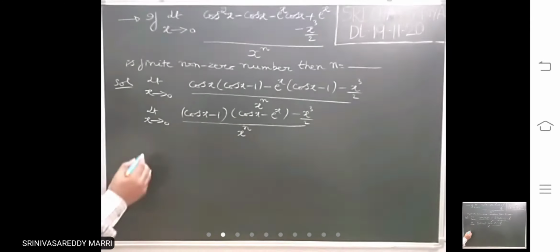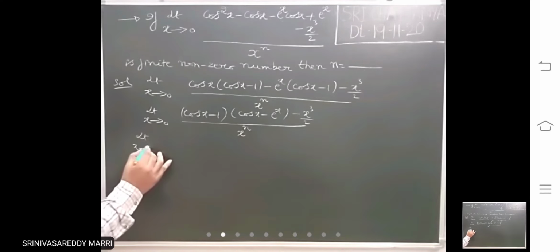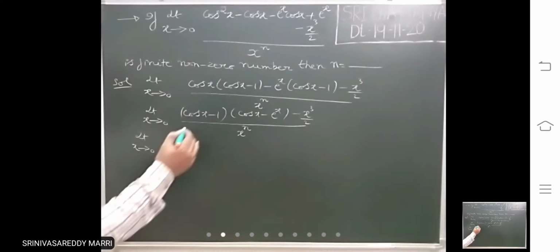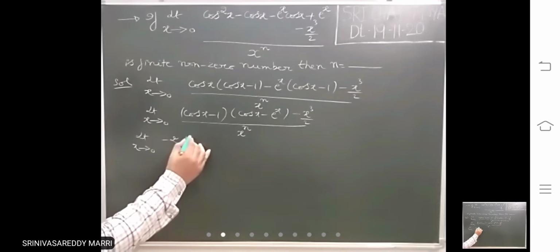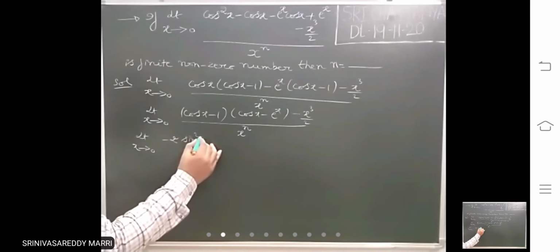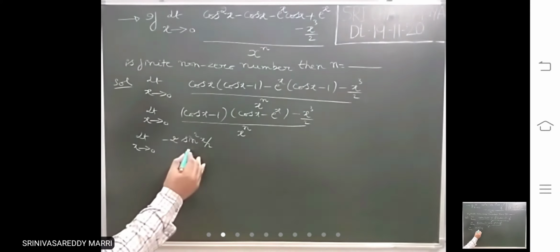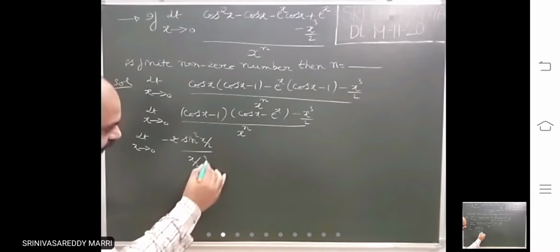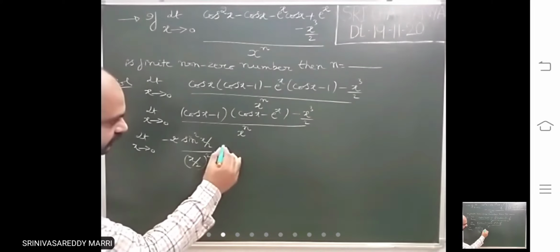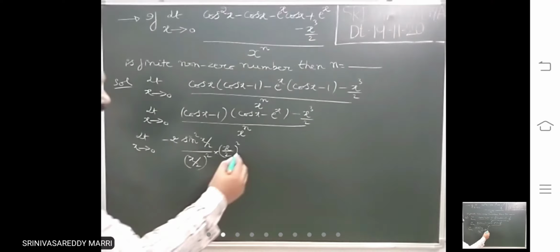Now this is cos x minus 1. Taking minus common, minus of 1 minus cos x, that you can write by the formula. No need to write the series here. I am writing minus 2 sine square x by 2. If sine is there, you can use the standard limit for this: divide by x by 2 whole square, into x by 2 whole square. Right?